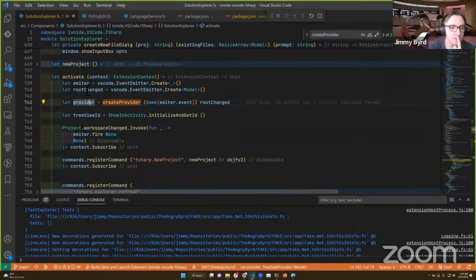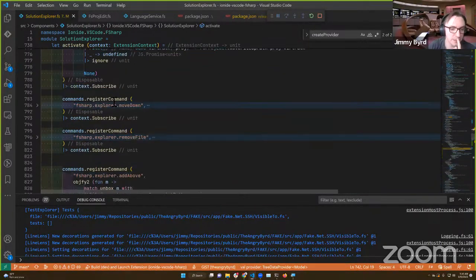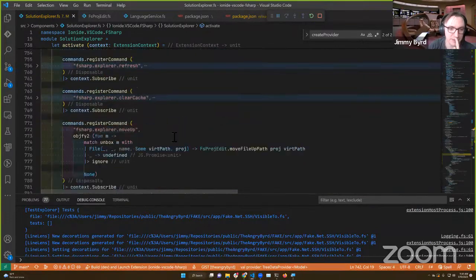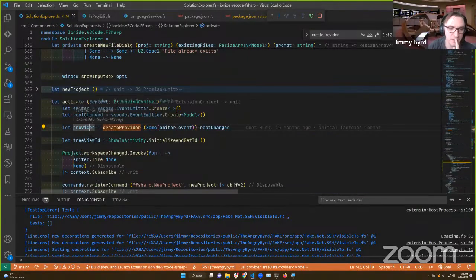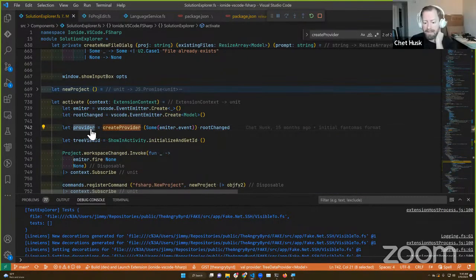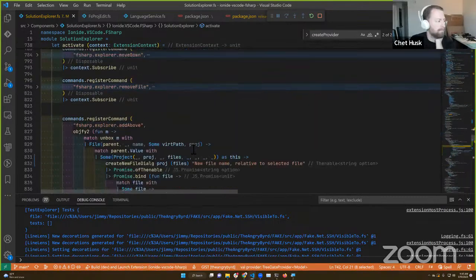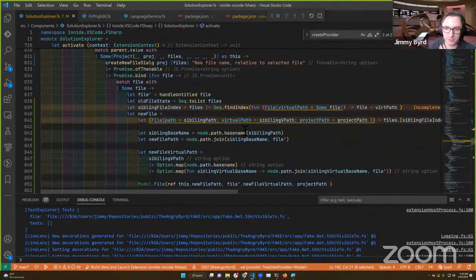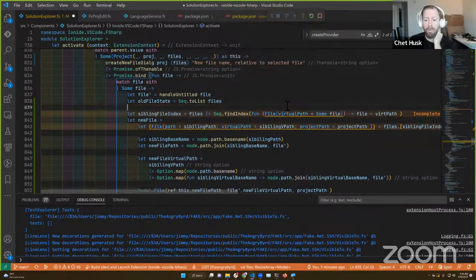Are we registering these commands in activate? So we have access to this provider. Oh, okay, so pass it in as an activate parameter. I don't think it needs to be passed. It's just a closure. You can take it. When we refactor, we might end up having to, but for now we don't.